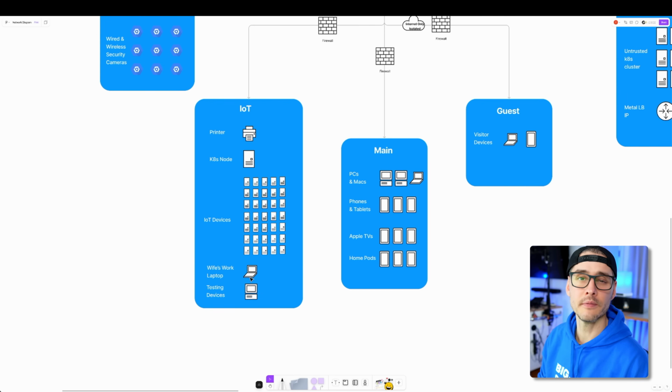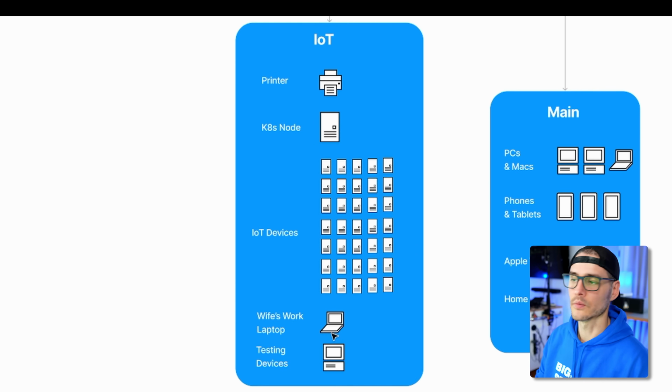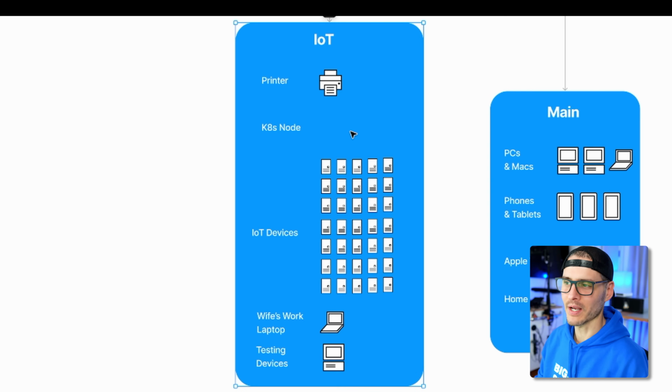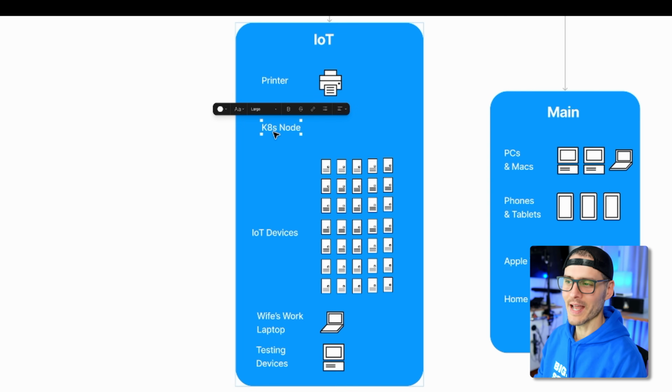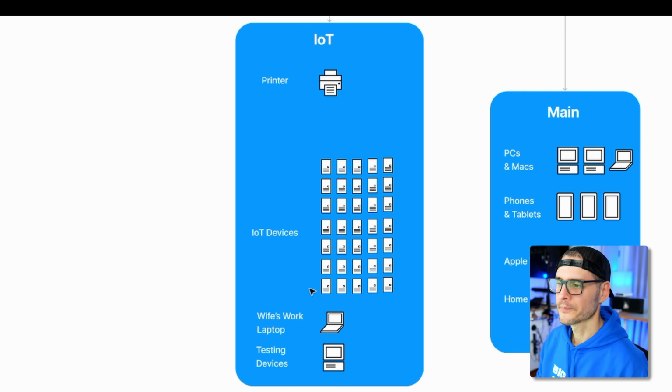Then there's the IoT VLAN, which is for all of my IoT devices, and it's also for things that I don't trust. Now, I use the term trust loosely. We'll talk more about what I do trust and what I don't trust and why I don't trust some things. But I don't trust any of my IoT devices, so they go here. And this is one thing that has changed. My Kubernetes node isn't here. I actually have a network adapter here, so it's not really a node, so I'm going to take that off.